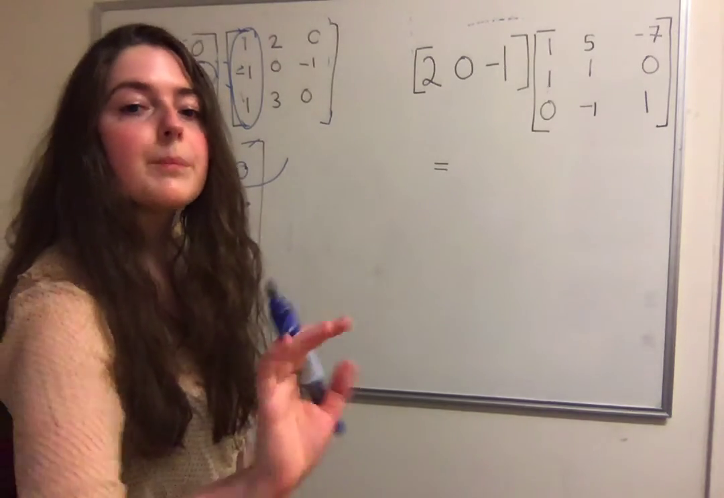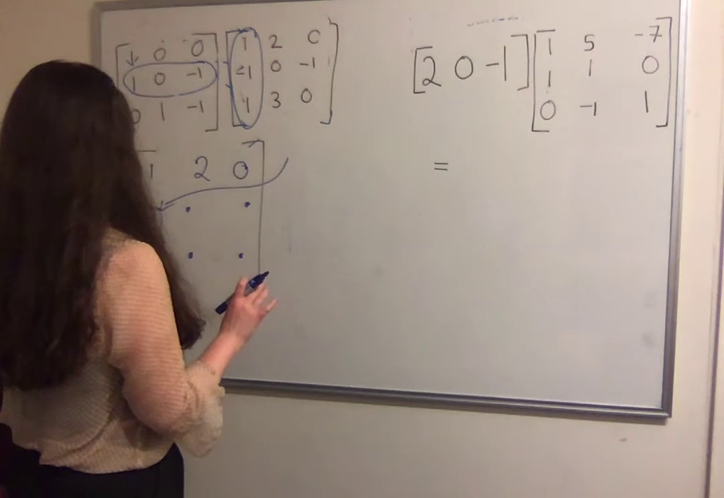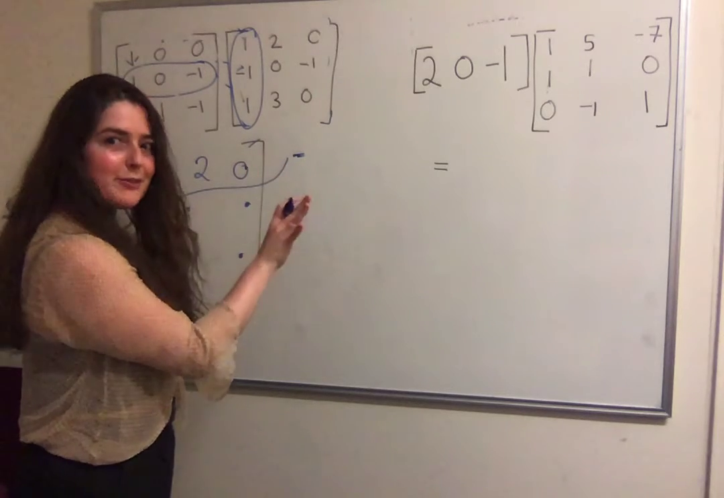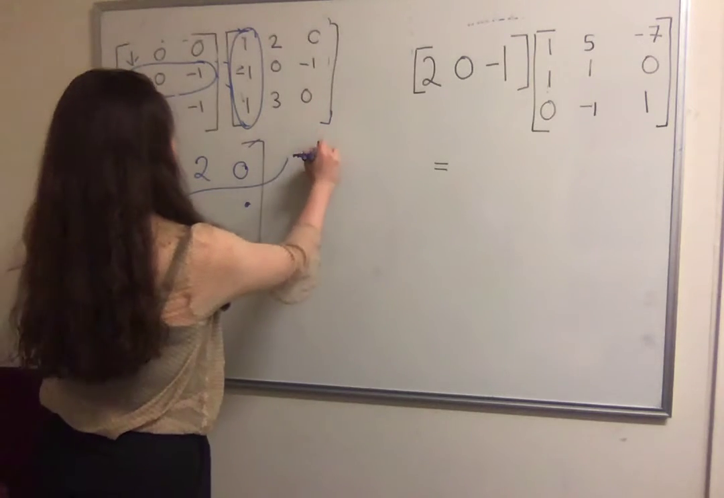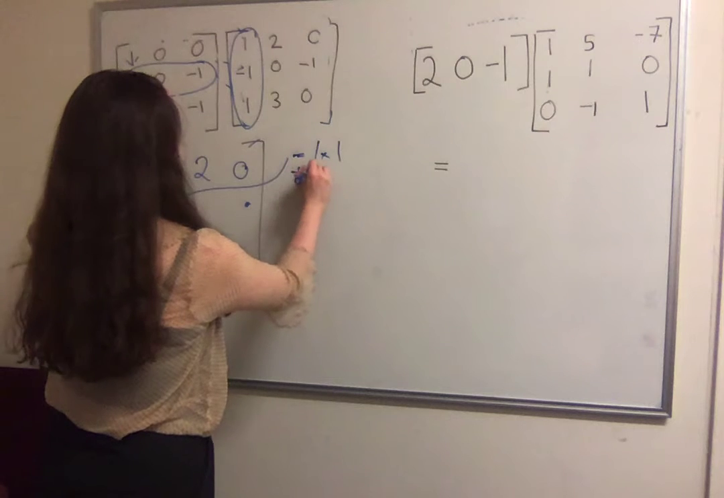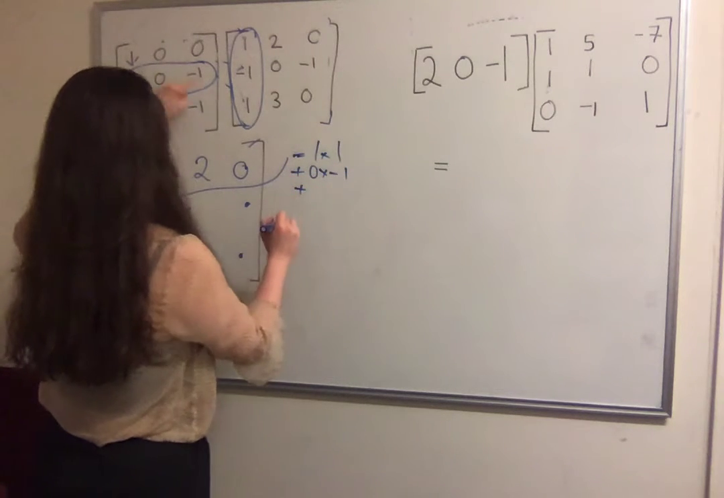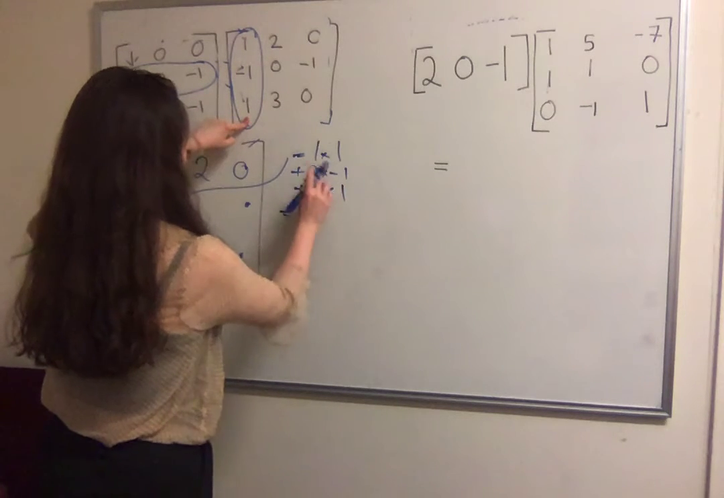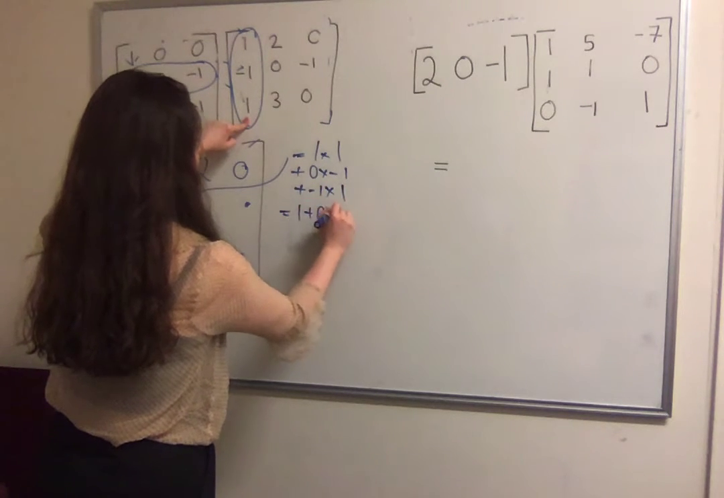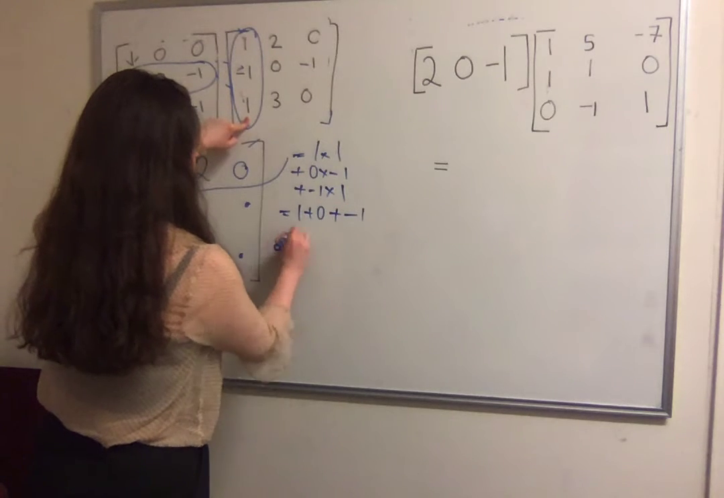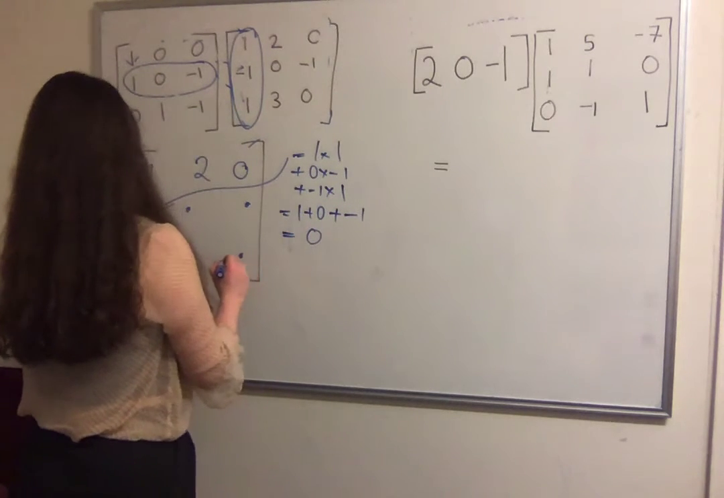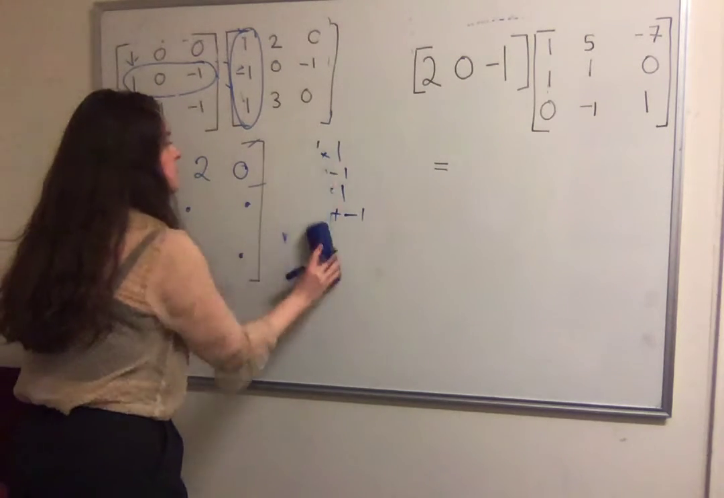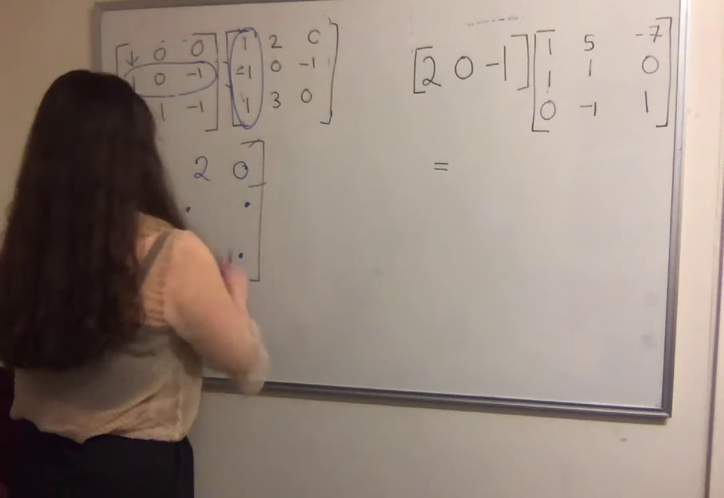Sorry, this is about to go to sleep. Okay. All right, so we have second row, first column. We have 1 times 1 plus 0 times -1 plus -1 multiplied by 1, which is equal to 1 plus 0 plus -1, which is equal to, well, 0. I'll draw a nicer one. Next,